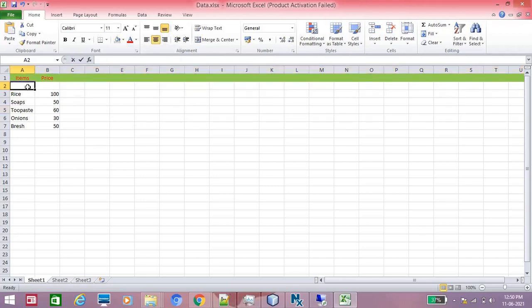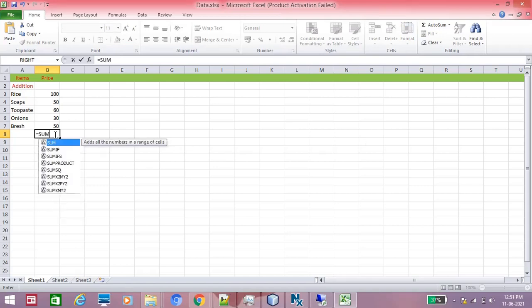Now this is addition, what we are doing: addition of 5 rows. How do we use the formula? Just type equal to sum. We have the formula sum, open bracket.